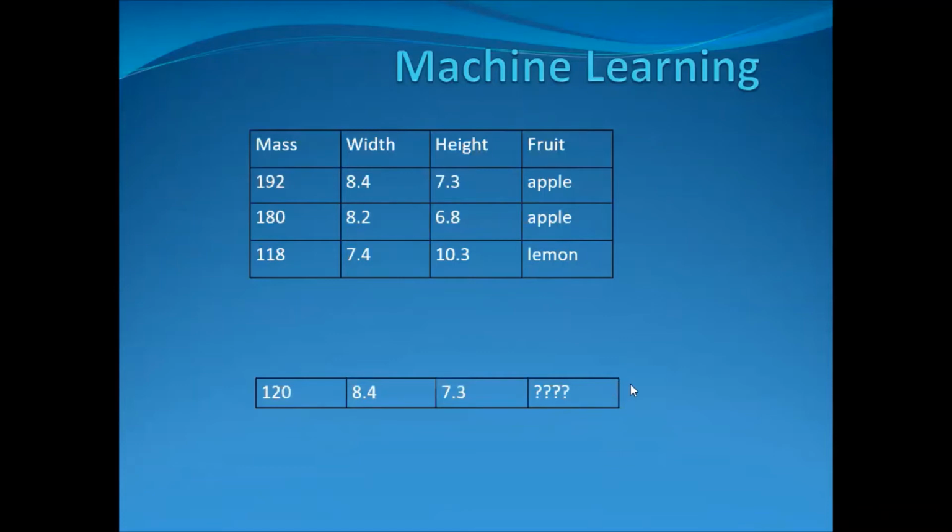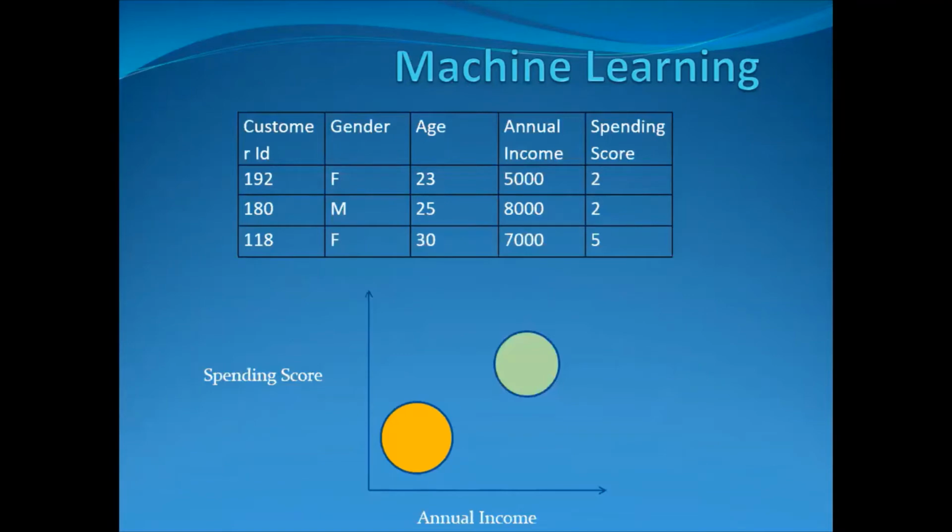Now let's look at unsupervised learning. Now this is a customer data set of a mall. We have columns customer ID, gender, age, annual income of the customer and the spending score. What does the spending score indicate? That customer ID 118 has spent more in the mall compared to customer ID 192. Note that we are not predicting spending score or annual income. We merely have this data set. It's up to the machine learning model to come up with underlying patterns or structures in this data. Based on that, we will derive inferences from it.